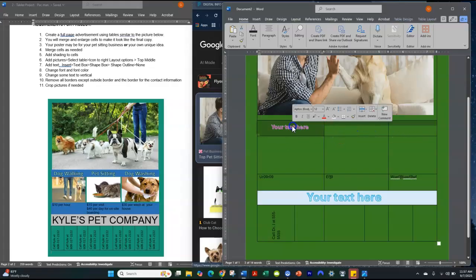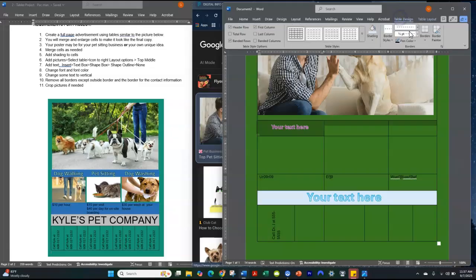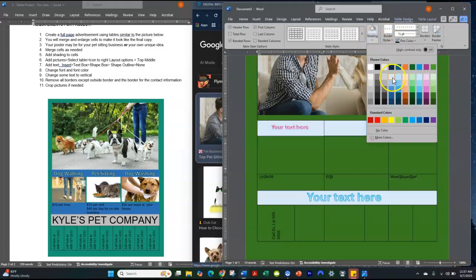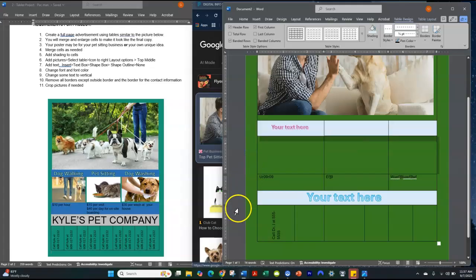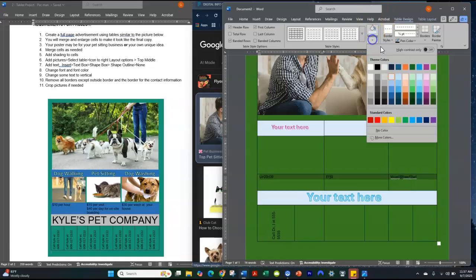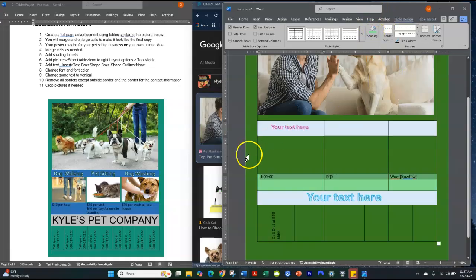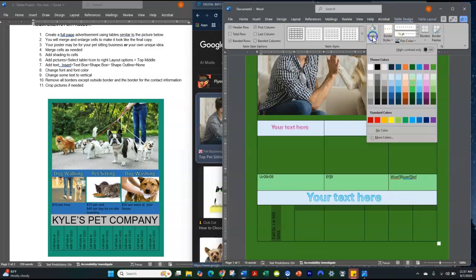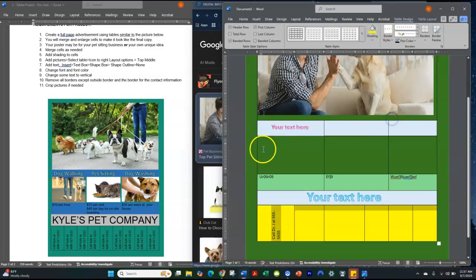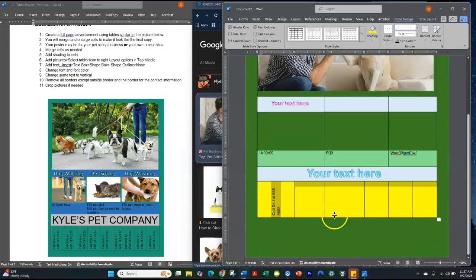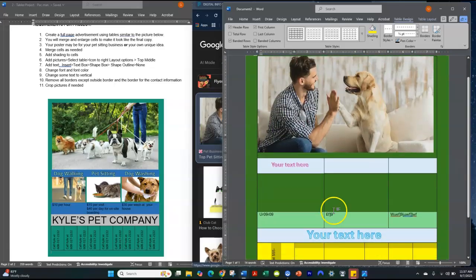So you can just click these guys, Table Design, Shading. We'll keep them the same color. Okay, so that is how you do that. I forgot to tell you about those things. If you want to do these guys, do this one in maybe yellow. That's really bright, but we're going to go with it. All right, and then the rest would be pictures, so on and so forth. So that is how you would do